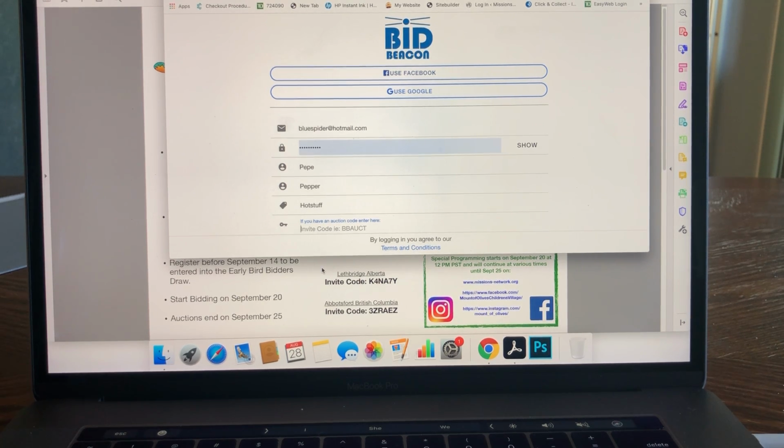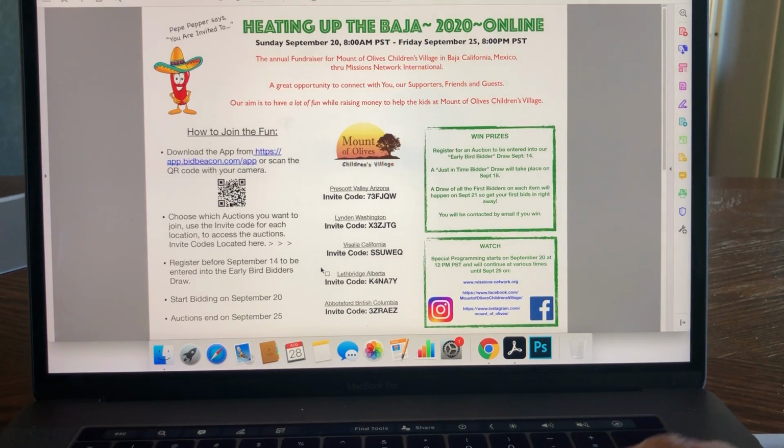So where you're going to find that auction code is going back to your invitation. You're going to choose in the center here. There's 5 locations that we're running the auction in. And the reason that they are various locations is that's where the auction items will be available for pickup after the auction. So for today, we're going to choose Prescott, Arizona, and the invite code here is